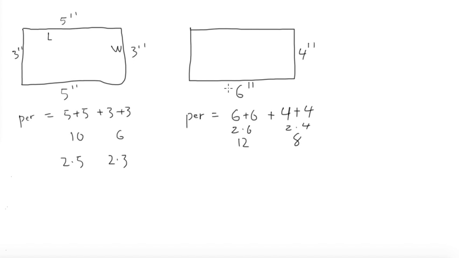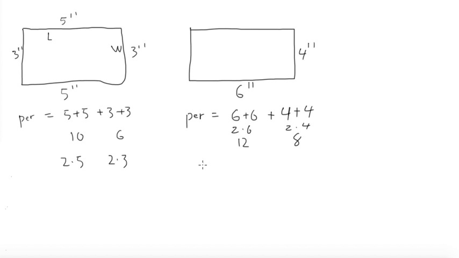Well, what hasn't changed is the fact that in order to get the perimeter, you have to plus this side by this side by this side by this side. Another thing that hasn't changed is the shape. Another thing that hasn't changed is that there's 4 sides, and this side is equal to that side, and that side is equal to that side. So